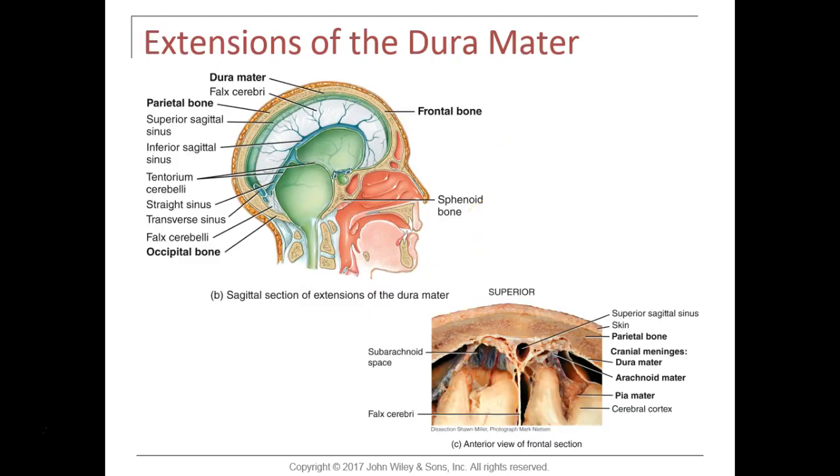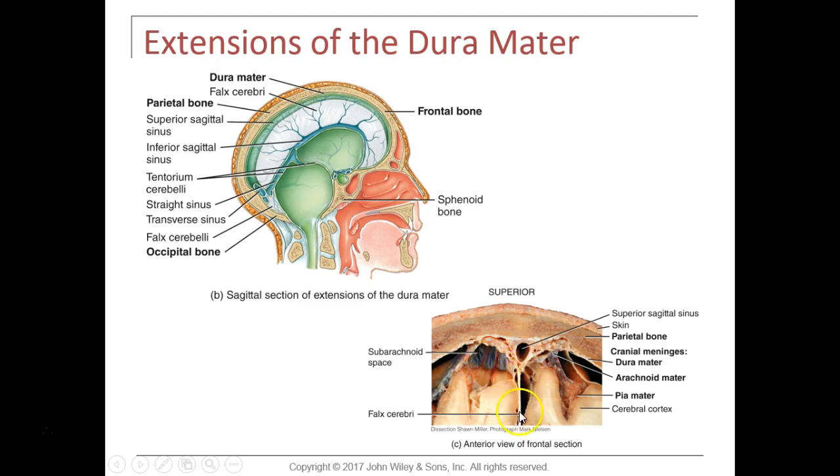There are some important extensions of the dura mater that we should be made aware of. First, there is something called the falx cerebri. This is a connective tissue layer that separates the left and right cerebral hemispheres from one another. If we look at a frontal section down here, you can see the left and the right cerebral hemispheres a little bit up here, and then they're separated from each other